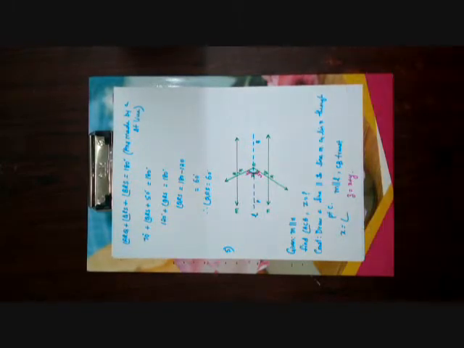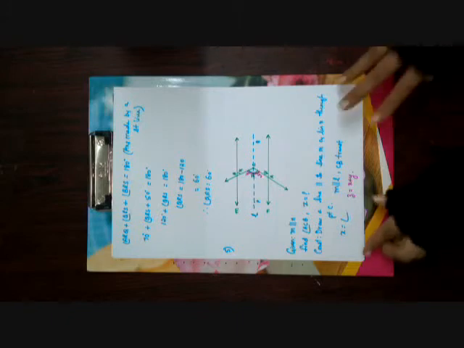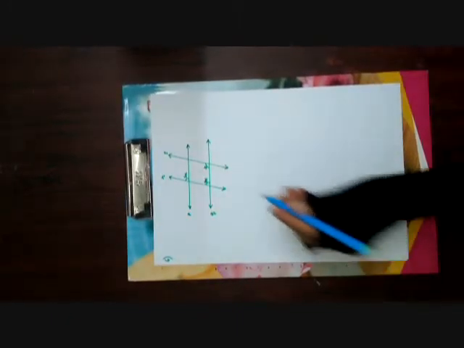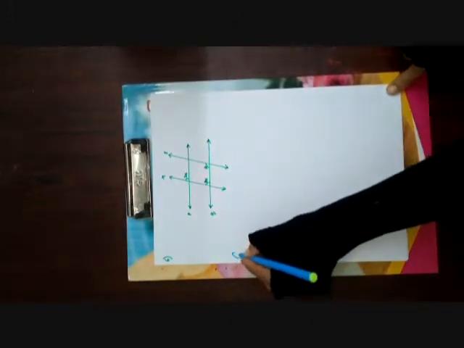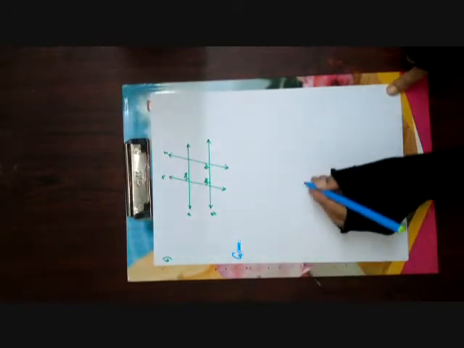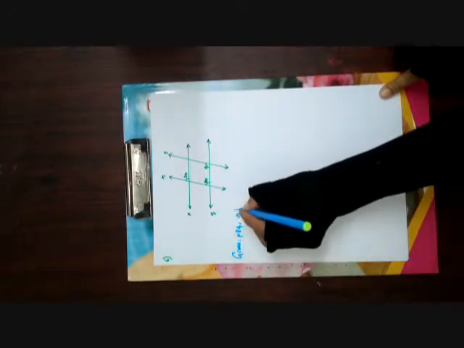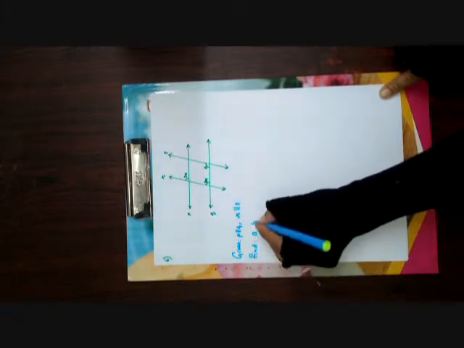Okay. Now let's move on to the sixth one. Look into your figures. Find the value of A and B given that P is parallel to Q and R is parallel to S. So let us write what is given, children. The sixth one, we have to find the value of A and B. This is the figure given to us and first step, we write what is given. They gave us P is parallel to Q and R is parallel to S. We have to find the value of A and B.